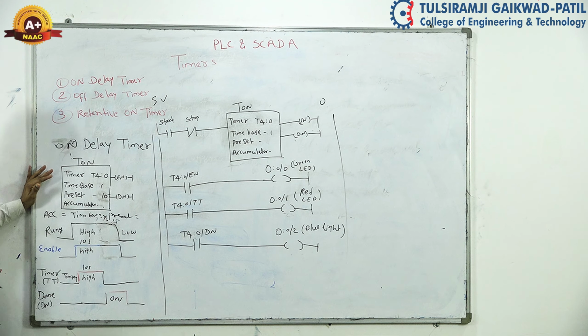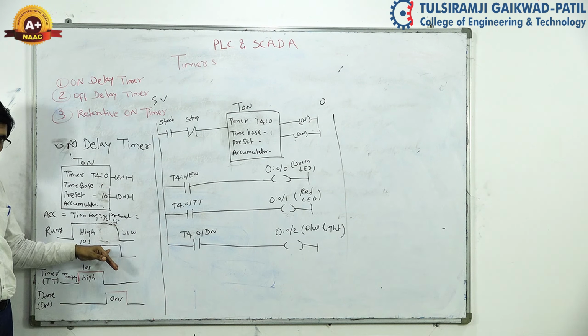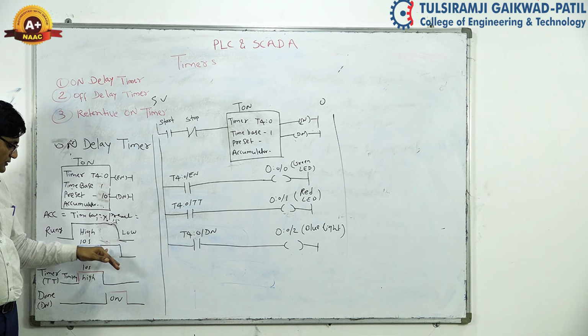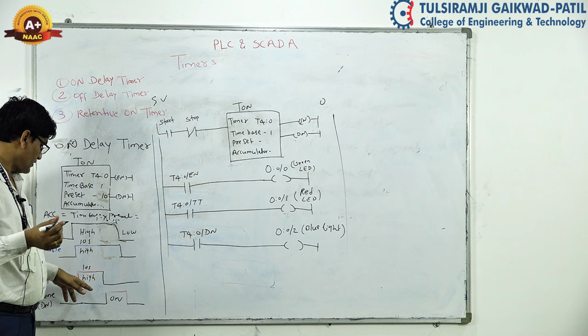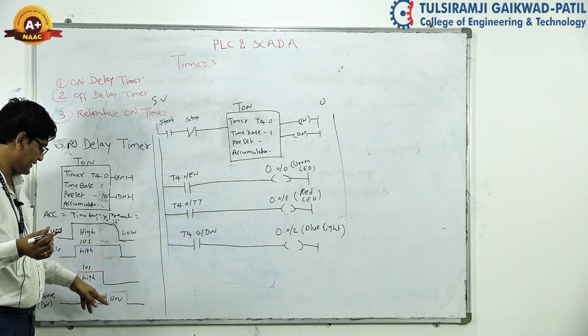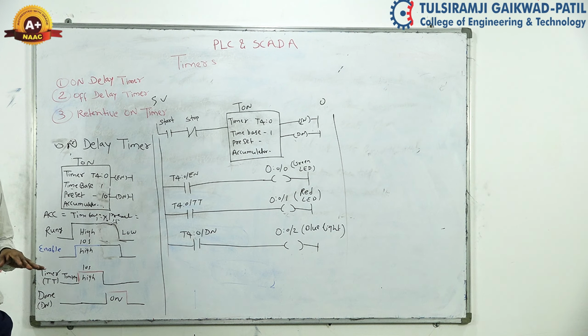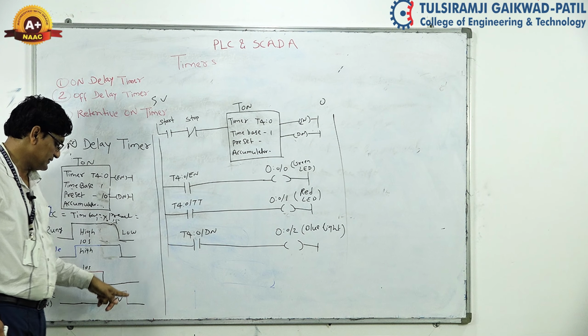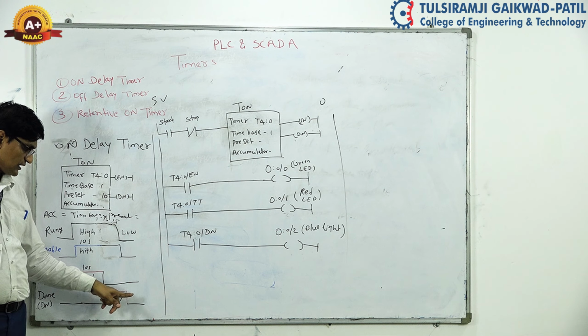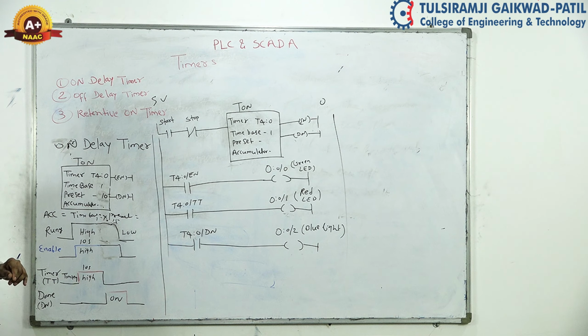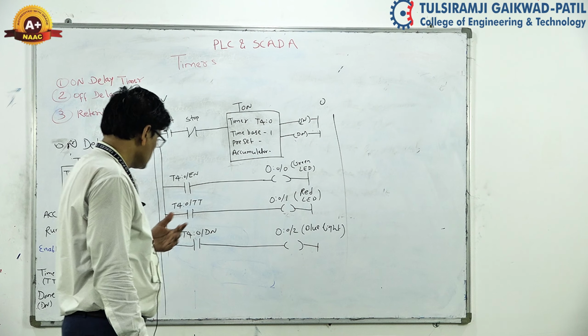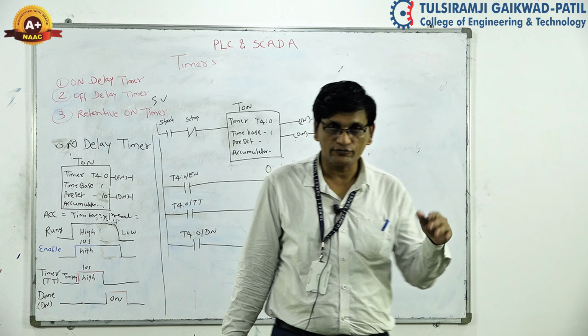Here you can easily observe that when the enable bit is on, meaning your timer is on, the timer TT bit and done bit will be active. When the rung is off, at the same time the enable bit is off and the done bit will also be off. If you want to switch on the TT bit or done bit again, we have to start the